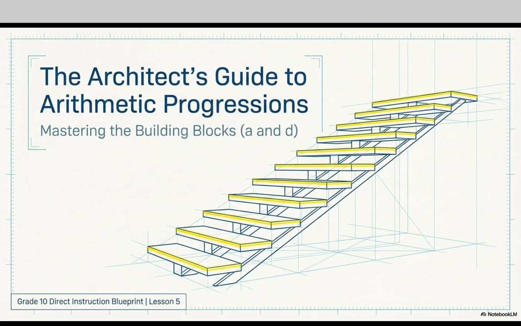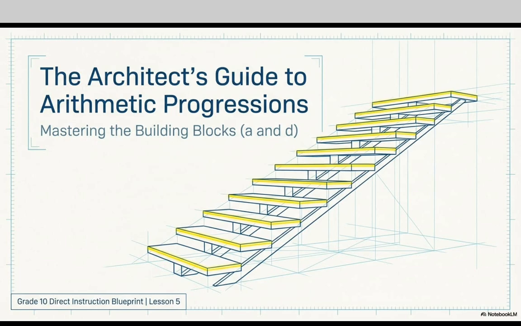You are warmly welcome to Lesson 5, the Architect's Guide to Arithmetic Progression: Mastering the building blocks. That is the first term A and the common difference D. So by the end of the lesson,